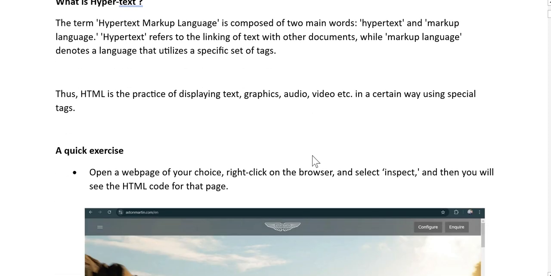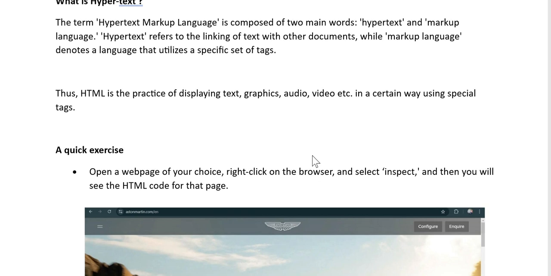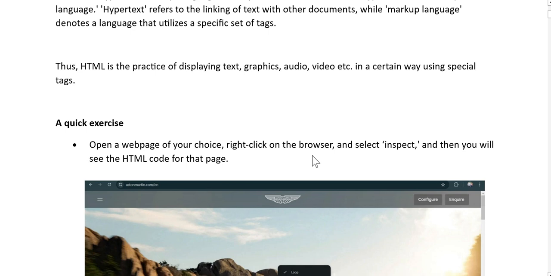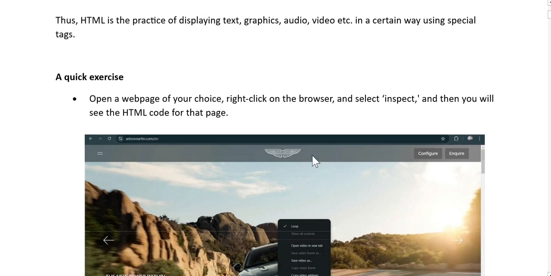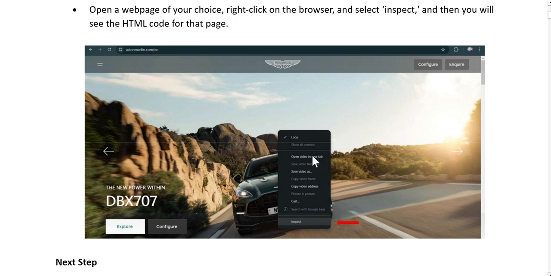HTML is used for displaying text and graphics and audio, video, etc. If we want to see the HTML code for a certain website, how do we see that? Here is a quick exercise which you can do by yourself. I'll show it for you. Go to a website and right click, and here we can see Inspect, right?